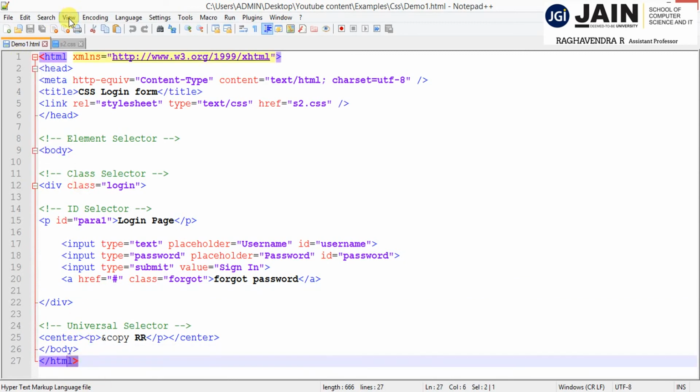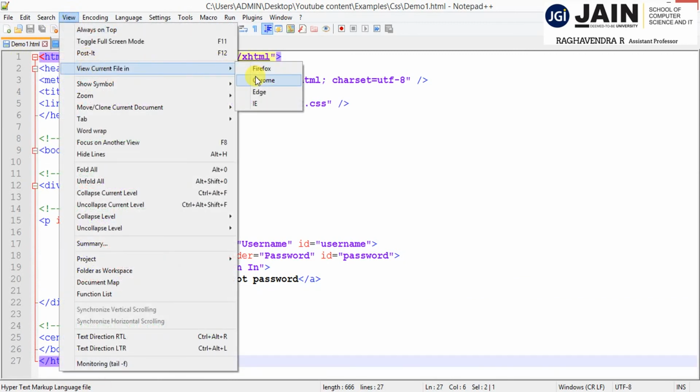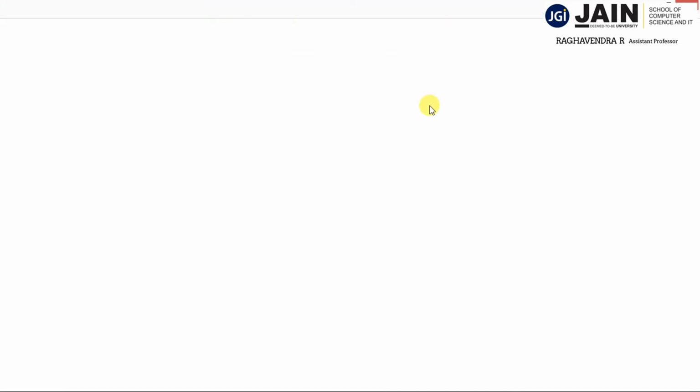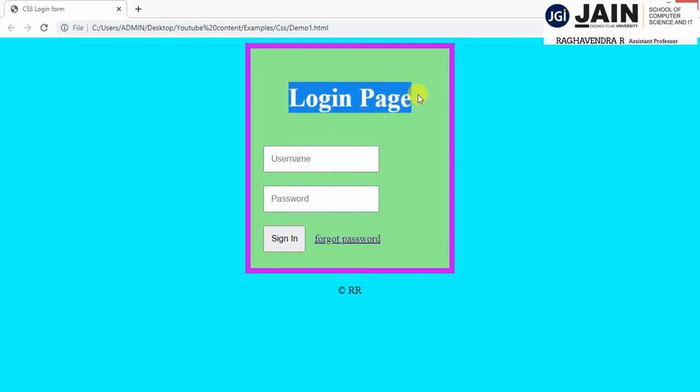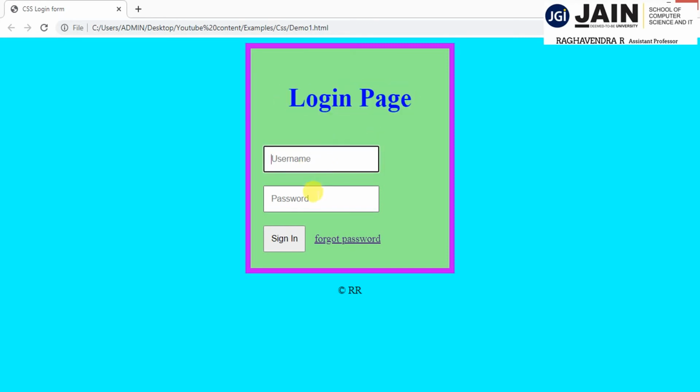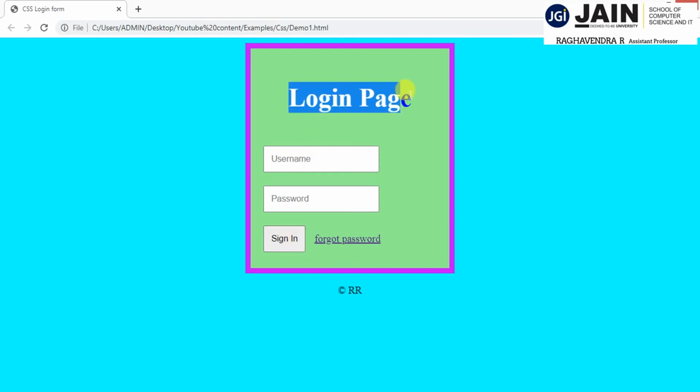Now I'm going to run this page. So I will get that page in this form. This is a login, a unique name which I'm going to display in my page. That is the login page, username, password, sign in button, and copyrights. Here the copyright symbol is there, so that appears in some size with the text which I added to that. By default it's in the black color, and this is the id tag in blue color.